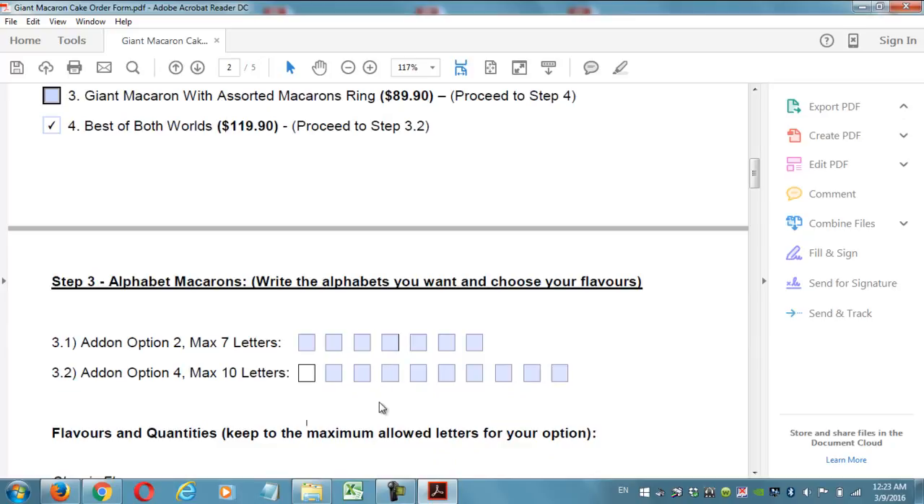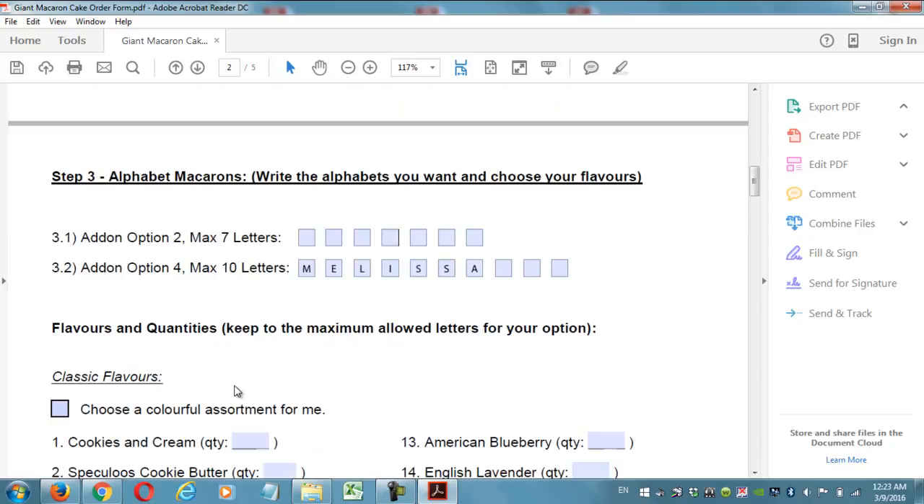Alright, so here we go. Let's say I'm going for a name like Melissa. M-E-L-I-S-S-A. Alright, so Melissa is 7 alphabets, and these 3, because I don't have additional alphabets to go, I'll just leave them blank. Alright, so the flavors and the quantities, it says here keep to the maximum allowed letters